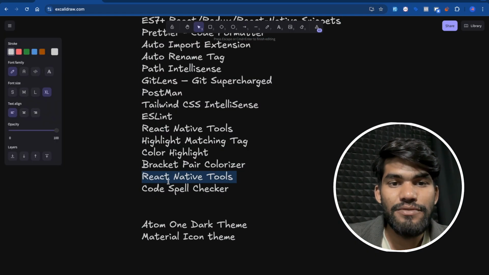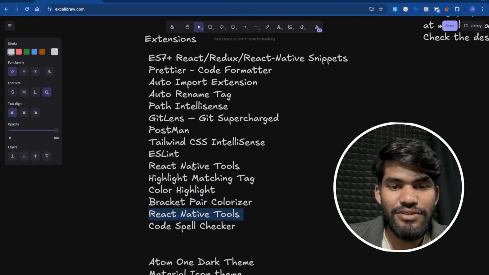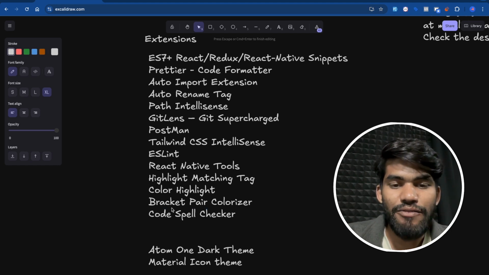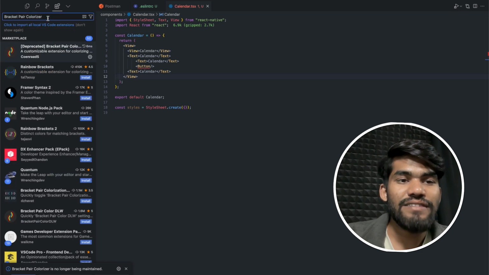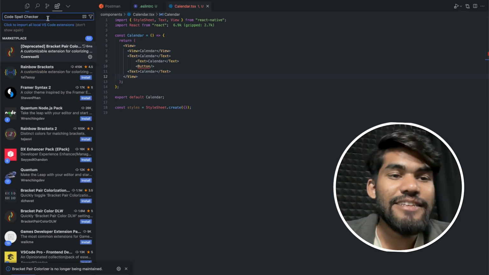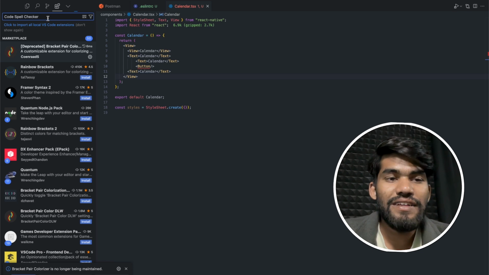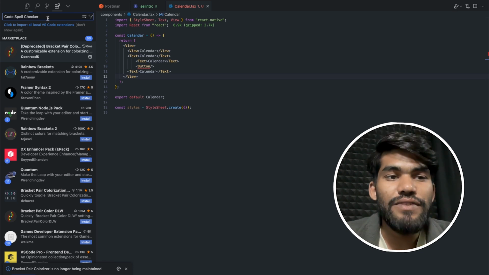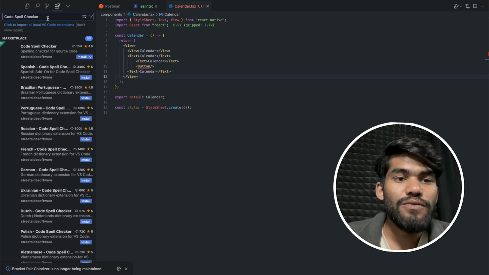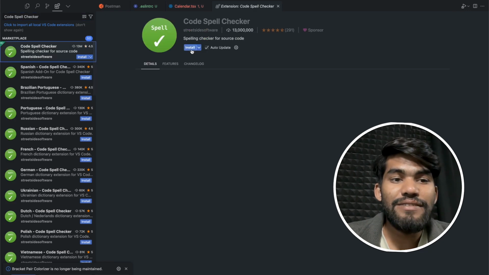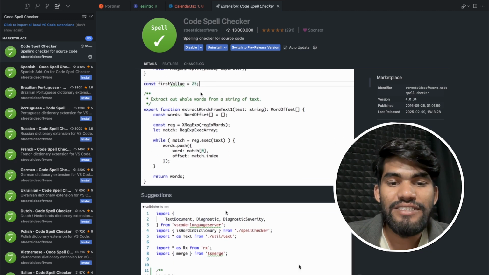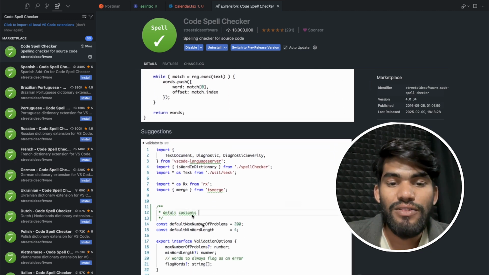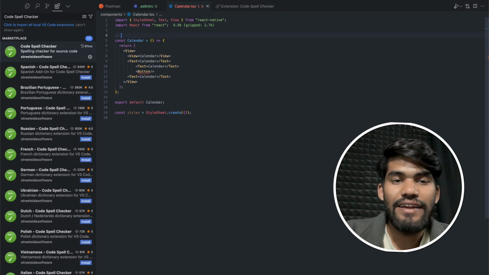Okay, the next one is called React Native Tools, and I think I already mentioned it at the top. So let me remove this, and after that, Code Spell Checker. As you know, my mother tongue is Hindi, and most of the time I make a wrong spelling or wrong word. So what does it do when you're writing code? Spell Checker will check the variable's name. For example, if we write something wrong, it will just let you know, bro, you have written a wrong word. Like if I just write here, for example,